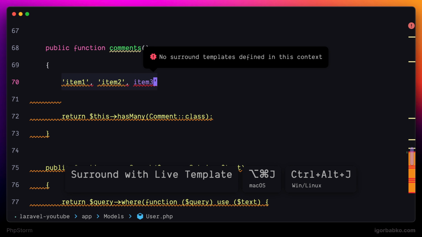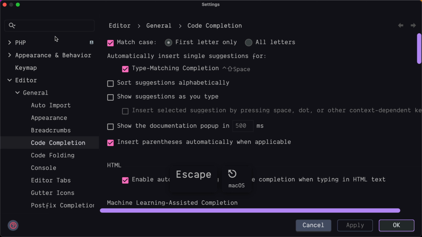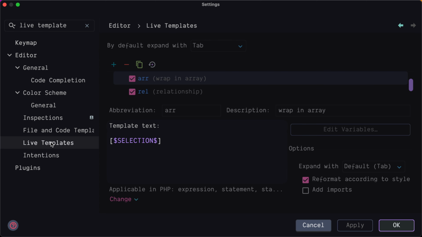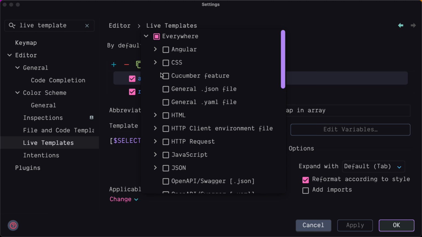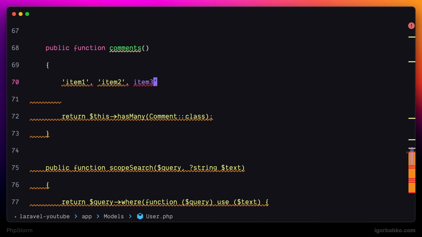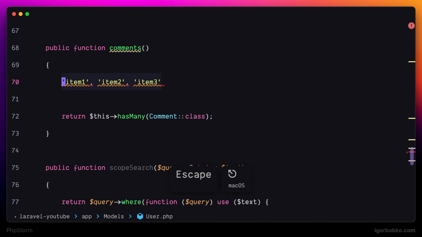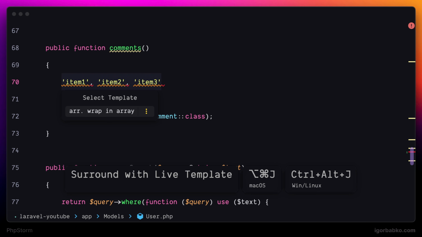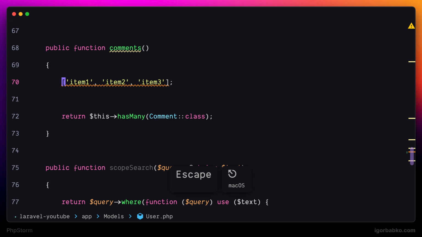This time we're getting an error saying that no surround templates defined in this context, which basically means that we haven't specified proper context where our live template will be available. So let's open up settings once again and specify proper context for this live template. In this particular case, I want this live template to work in any PHP files, regardless of the context in that PHP file. Let's do one more try. Select the text, press Option Command J, and now we have one option available in this list, which is our live template that we have created before. Let's choose this option, and just like that, we were able to quickly wrap certain piece of code into an